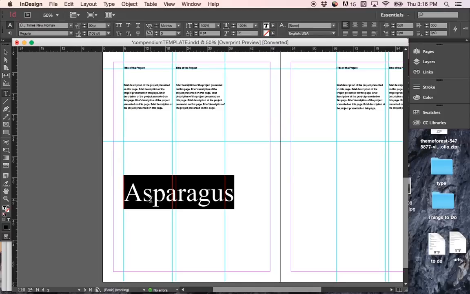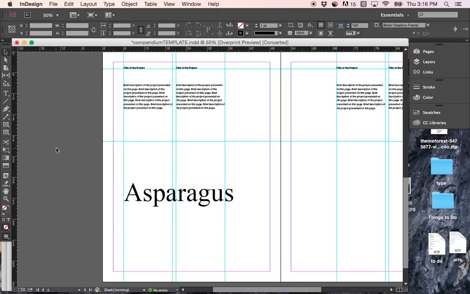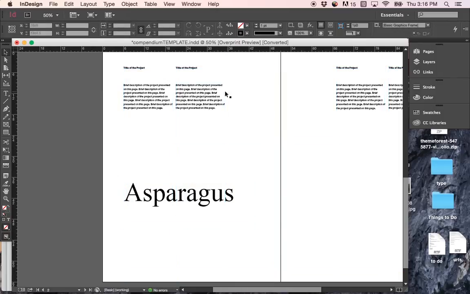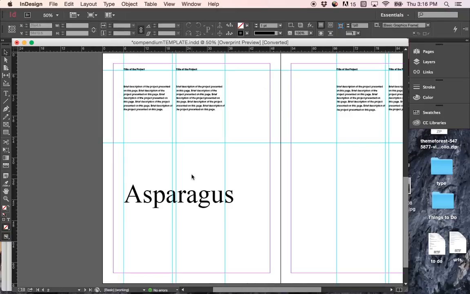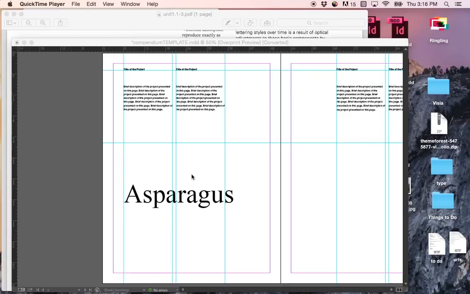So now that we have our typeface set at Times New Roman, again, you do not have to just work with Times New Roman. You can work with the other type options as well. Just make sure you have it set at 90 point. So what we're going to do is just shut off the guides really quickly, see how it sits within the page. Looks like it's pretty comfortably within the white space. And we're going to get started with the next part of the assignment,